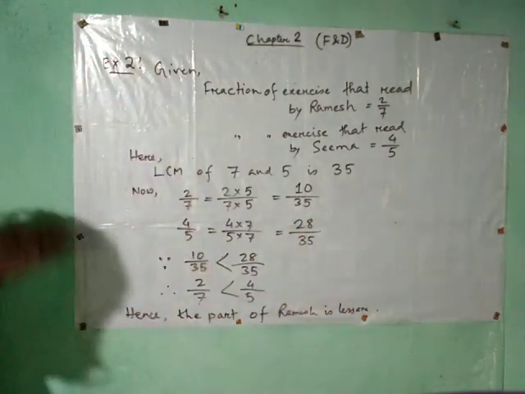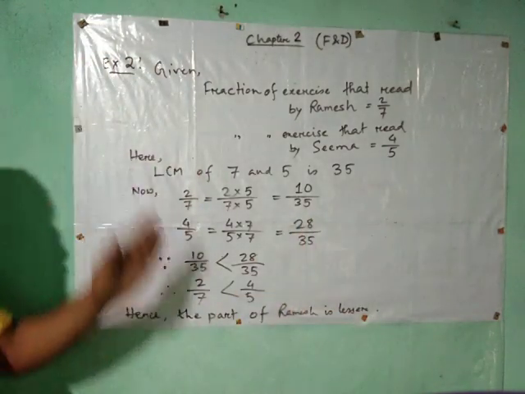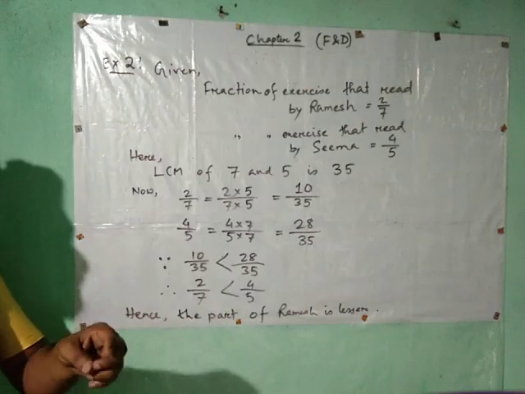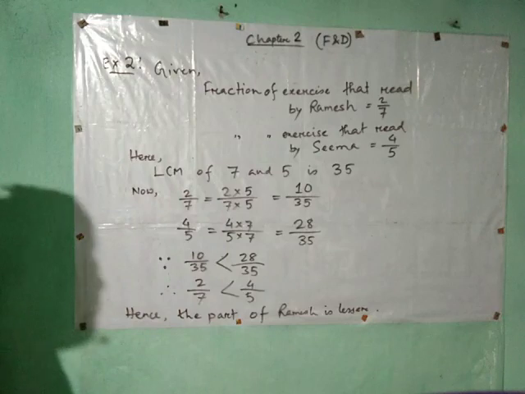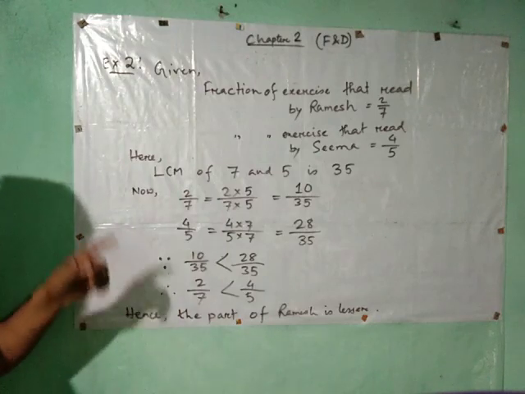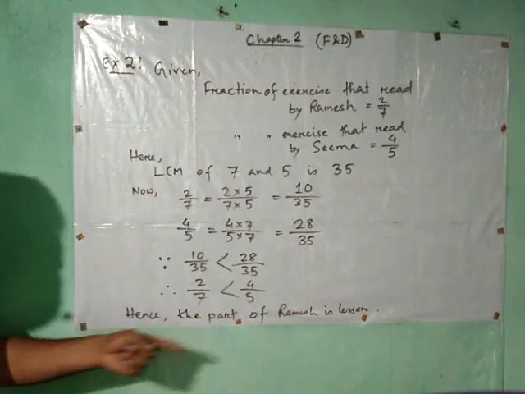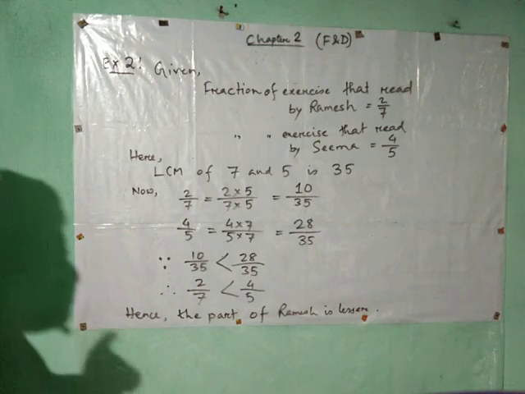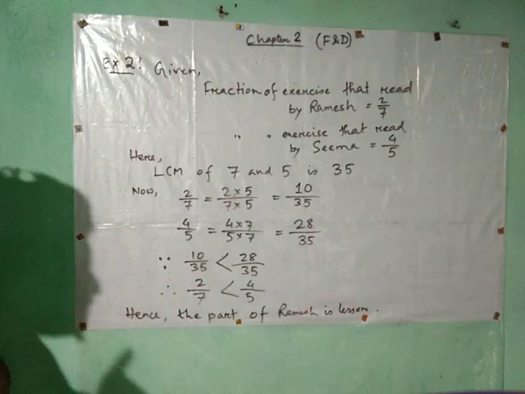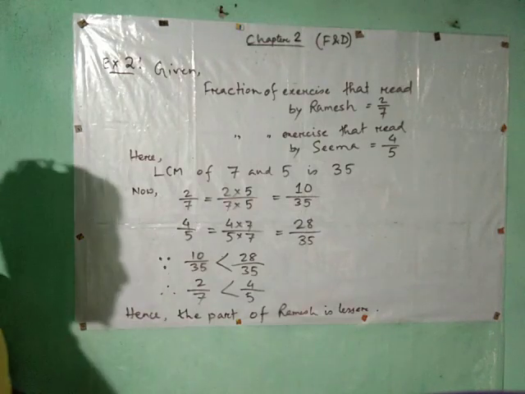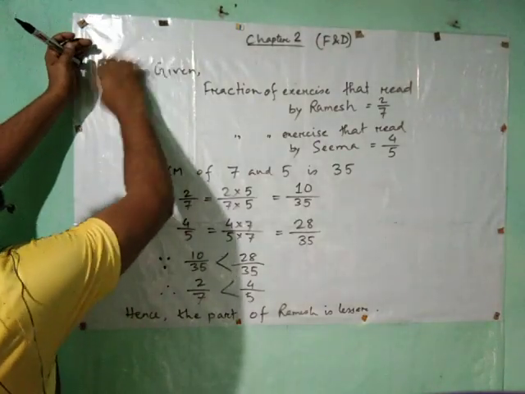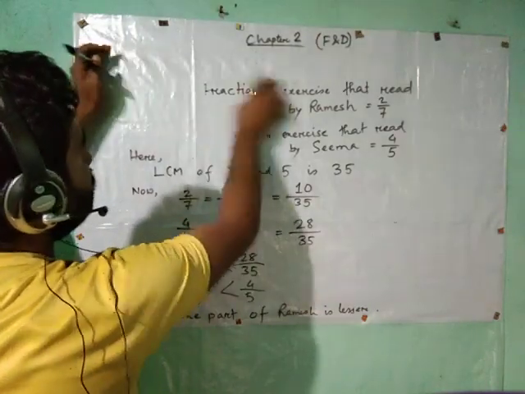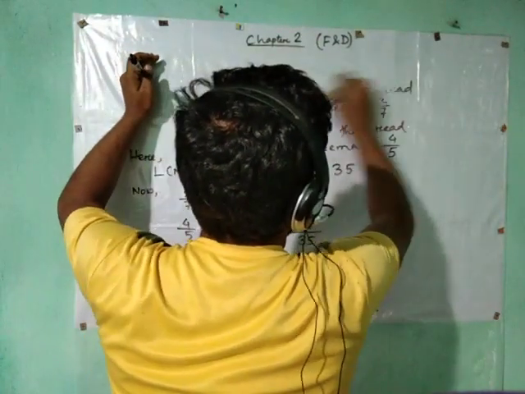I hope you have understood this very well. If you don't understand, repeat the video again and it will get clarified. Now I will rub this, and I have already shown you the whole canvas. Pause the video and copy it. Now I will rub it. Okay, now move to the next. Now we will move to the next example.